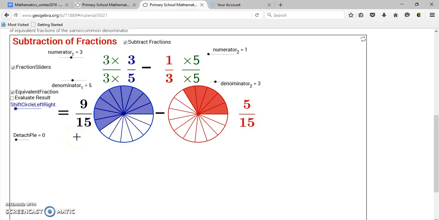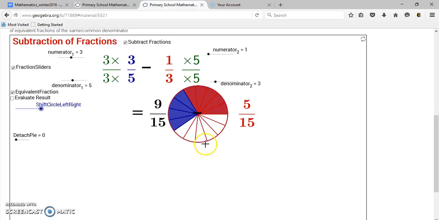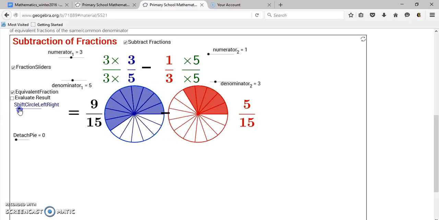So this one, it worked out where the fraction on the left happens to be larger than the fraction on the right, so we can just easily subtract right across. Now, if you want to do it in your head beforehand, you can. Otherwise, there's this option where you can shift the circle left into the right circle. And when you do that, you see that the pieces overlap. We'll do that again. So here's the